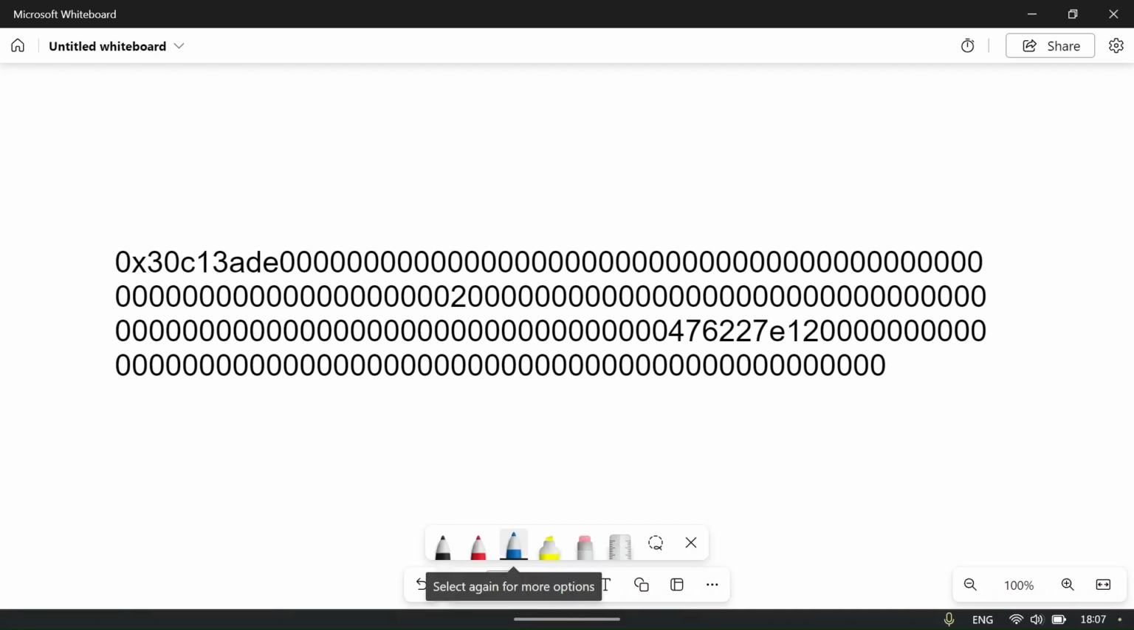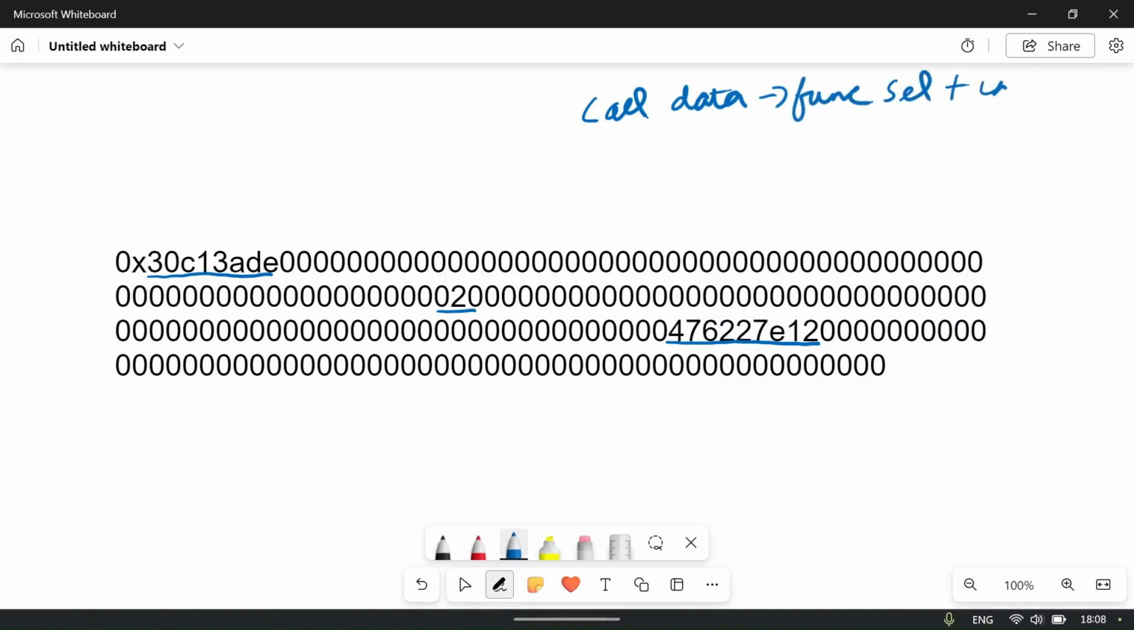Okay, now we can look at the whole bytes value and we can notice a lot of empty zero values. But if you look, there is this value at the beginning, and then there is this value, and then finally here are a bunch of values. So previously, we saw that the call data will contain the function selector plus the inputs. So coming to the first value here, I hope you guys know that two hexadecimal values